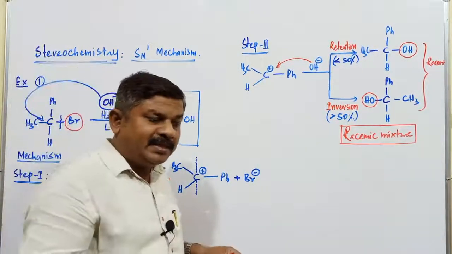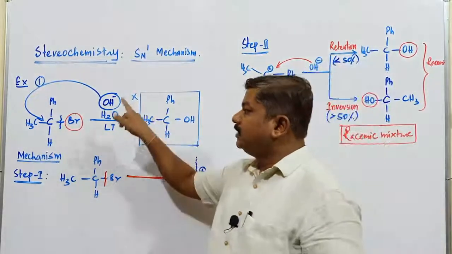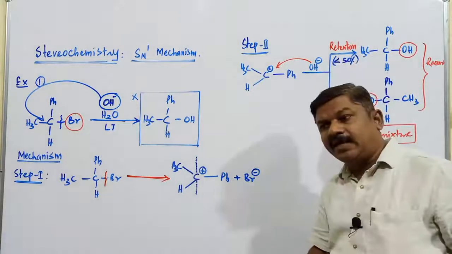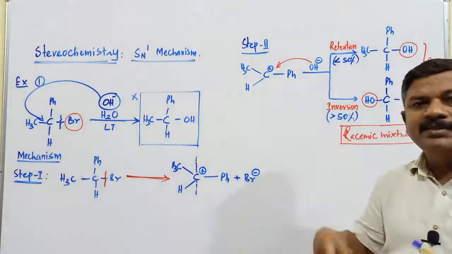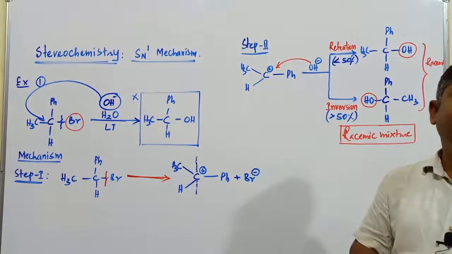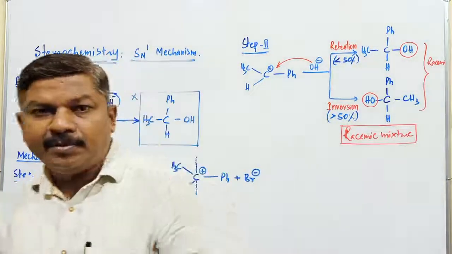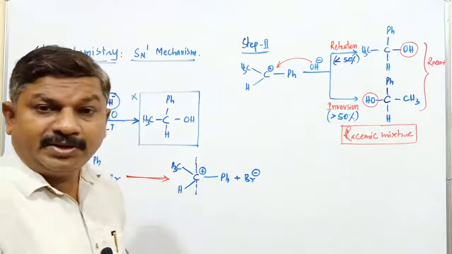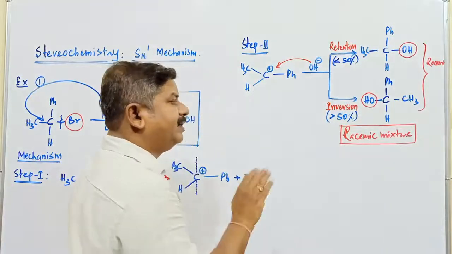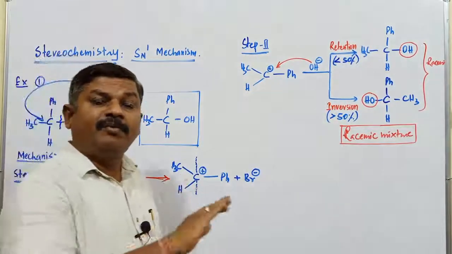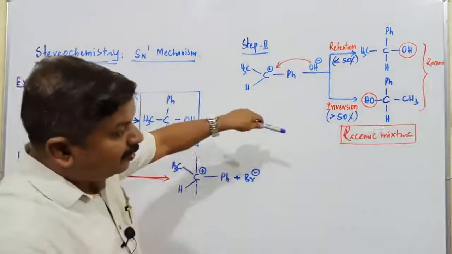Usually in most of the examples, what is the product obtained in case of SN1 mechanism? If any molecule undergoes SN1 mechanism, formation of a racemic mixture takes place. Generally we say that racemic mixture formation takes place. But in some of the cases, in some molecules, there is no formation of racemic mixture. In most of the cases it takes place, but there are some different types of compounds where there is no formation of racemic mixture. Then what are the different types of molecules where there is no formation of racemic mixture?